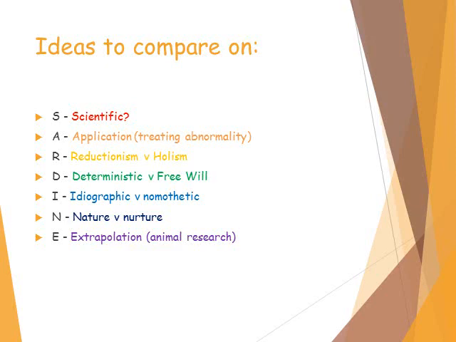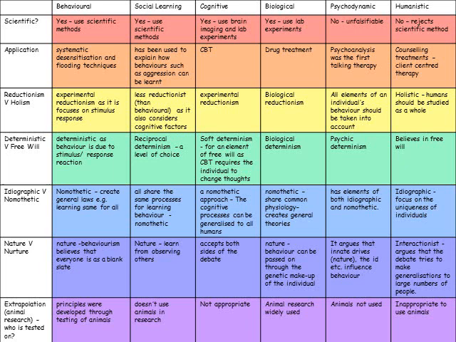Now, most of these are based on issues and debates. However, you've got some ideas of scientific and animal research. So we're going to look at a grid in a bit more detail. So you've got the different approaches there and where they fall in terms of scientific, application, reductionism versus holism, deterministic and free will, idiographic, nomothetic, nature versus nurture, and extrapolation. So is it tested on animals or is it tested on humans? So what I'd suggest is you have a go at learning some of these, so it's easier to make that comparison on